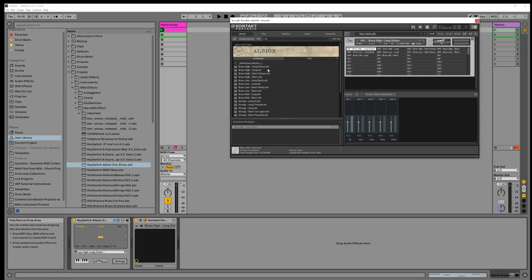It's got brass high, long octave, brass high, long, brass high, short octave, brass high, short, brass low, long, brass low, long, and so on and so forth. They've got the shorts in there too. So typically in most libraries, these would be all under one patch, and each one would be assigned a particular key, usually at the low register of the keyboard, and you'd switch through these things by pressing a key, or